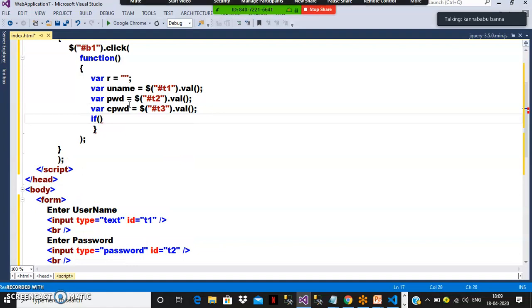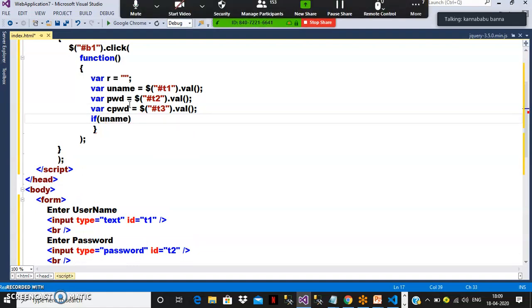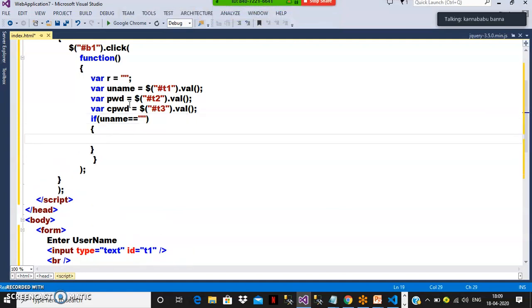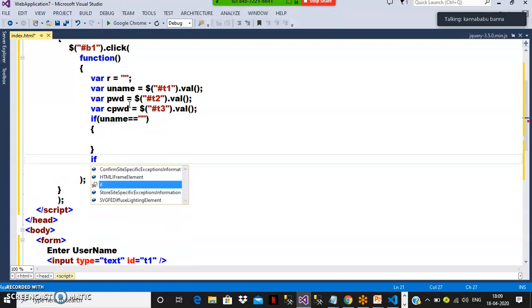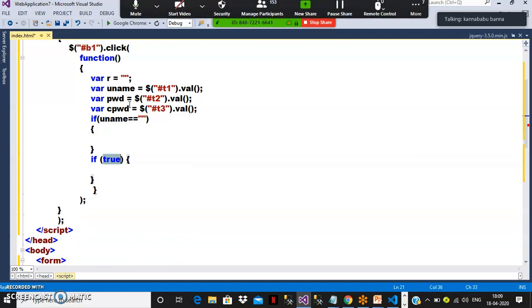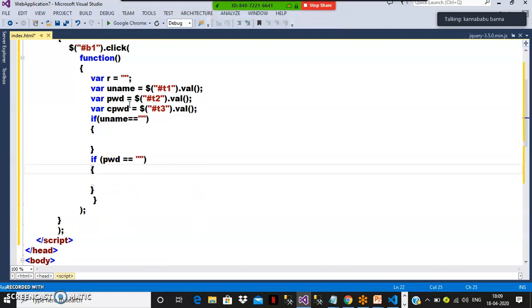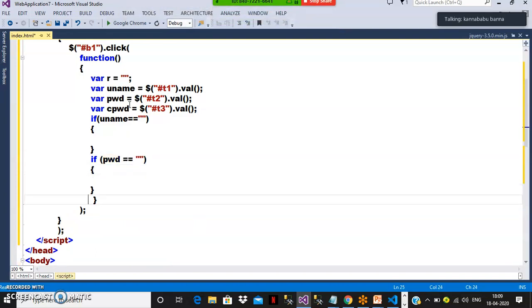If uname is equal to empty, then I want to display one error. Similarly, if pwd is equal to empty, then I want to display one error. Are you following, everyone?